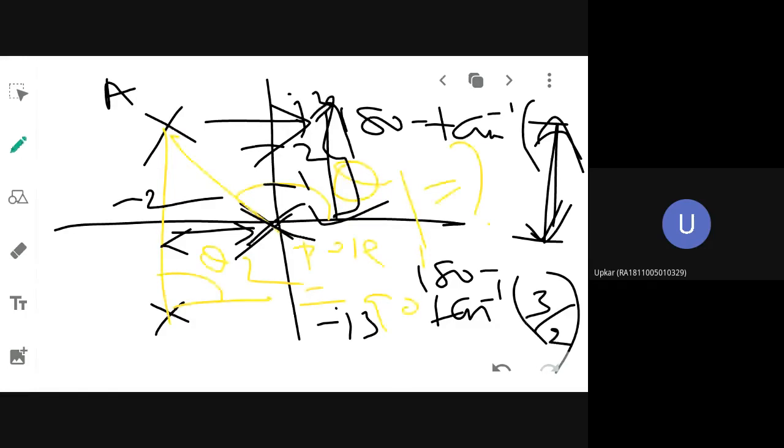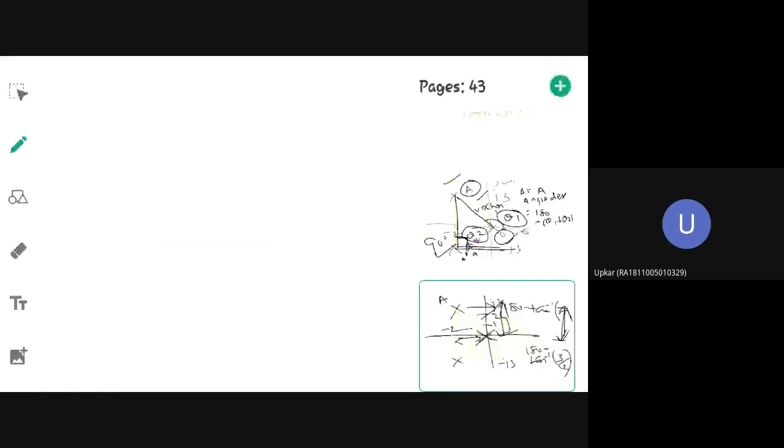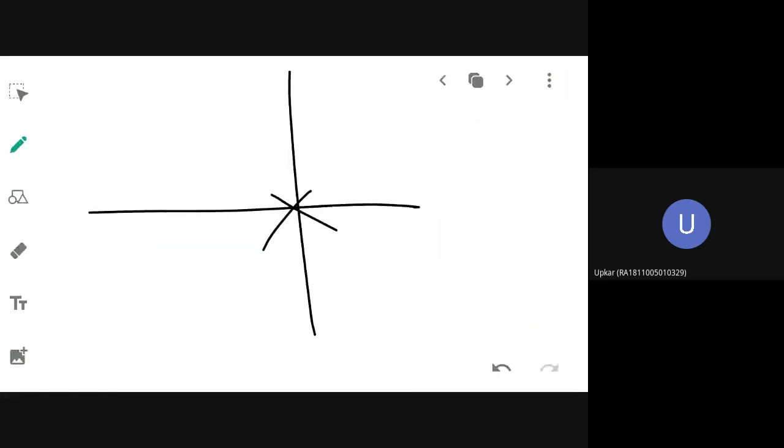Understood now? Again I am trying to tell you, all these things you have to do in your graph sheet. This entire problem will carry 16 marks. In the next unit also, only graphical problems you will solve. So in case you have any doubts, ask me now itself. I don't have time to pinpoint everybody and check whether you understood or not, so it's on your part to ask me a question if you are not able to understand. Don't simply plug in and go off somewhere, close your eyes and sit.